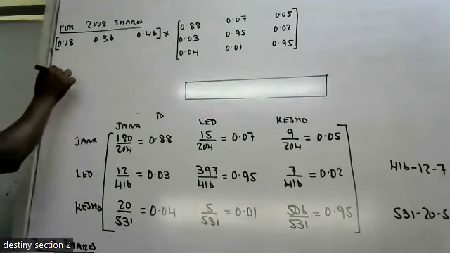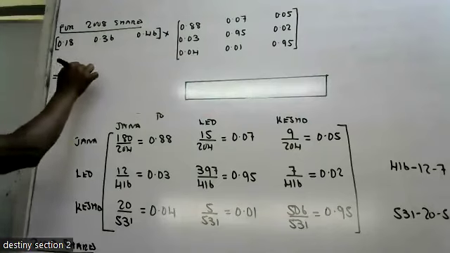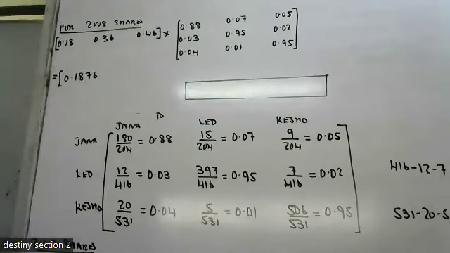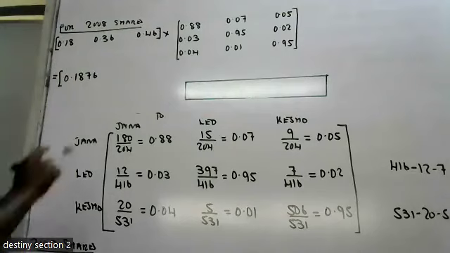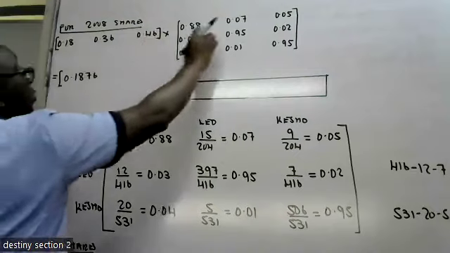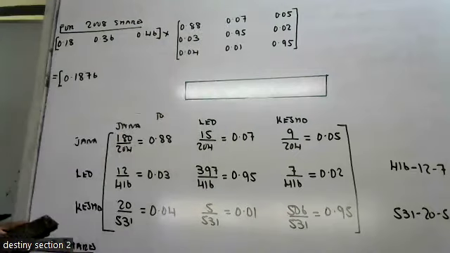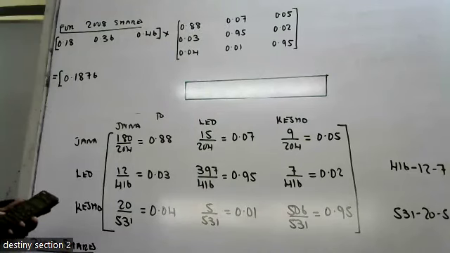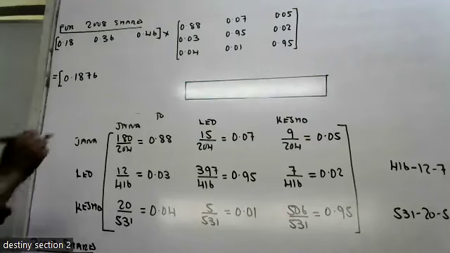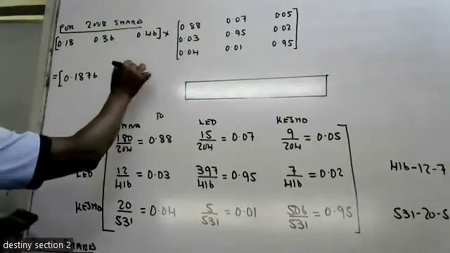If I don't round, then I will work with 0.1876. I have this one, you multiply by this. So 0.18 times 0.07 plus 0.36 times 0.95 plus 0.46 times 0.01. I'm getting